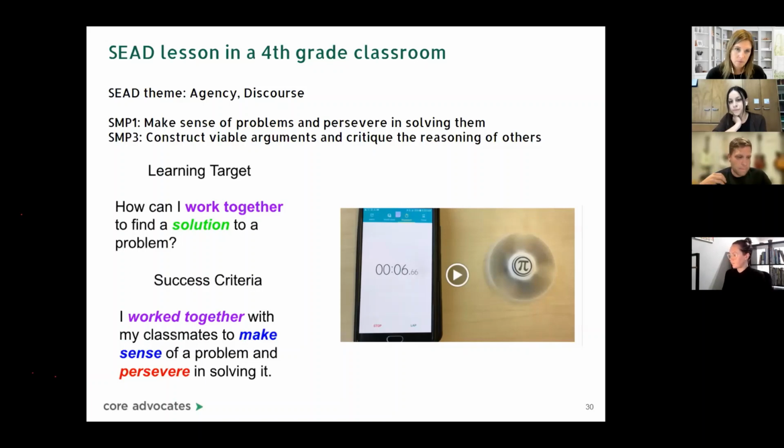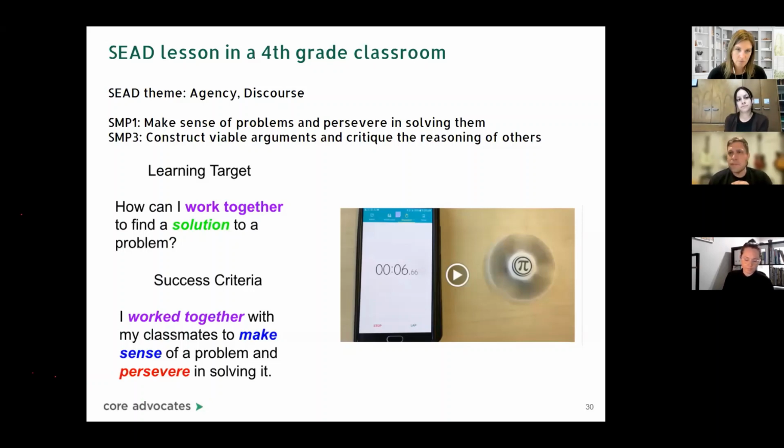It was something I kind of experimented with, and I thought, you know what, I'm doing this SEAD lesson, so let's just try some stuff. I think it had great results. There were some fantastic conversations. There was some working together. There were some interesting ways to get to a solution pathway.